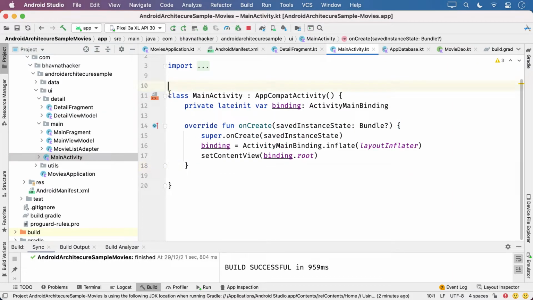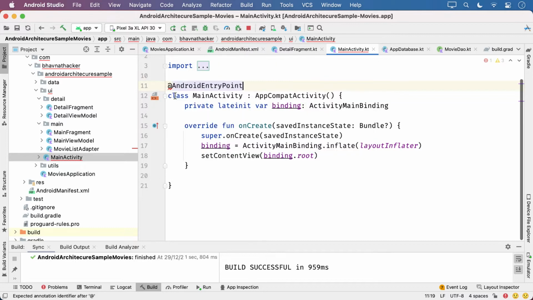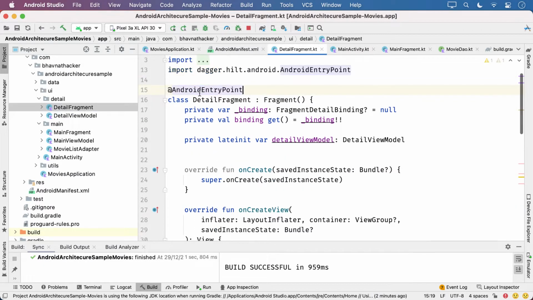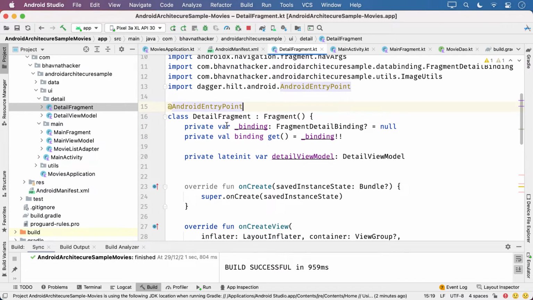The navigation starts with main activity, so I'll add @AndroidEntryPoint. This will be applied to the main fragment as well and the detail fragment, because all these are going to use dependency injection. So this is the third step, @AndroidEntryPoint to all your UI activities and fragments.